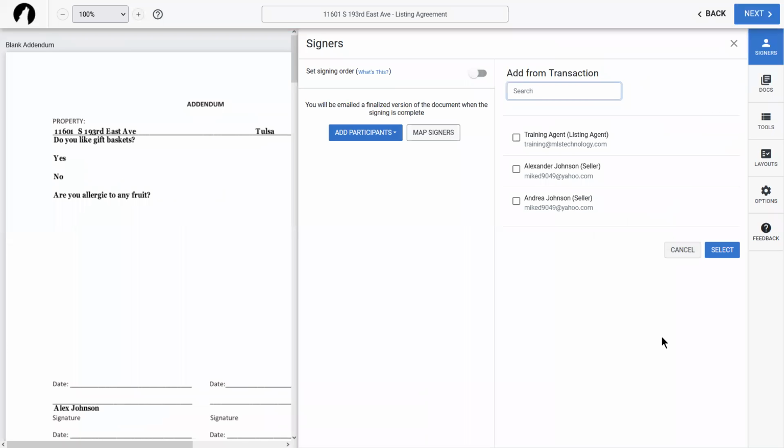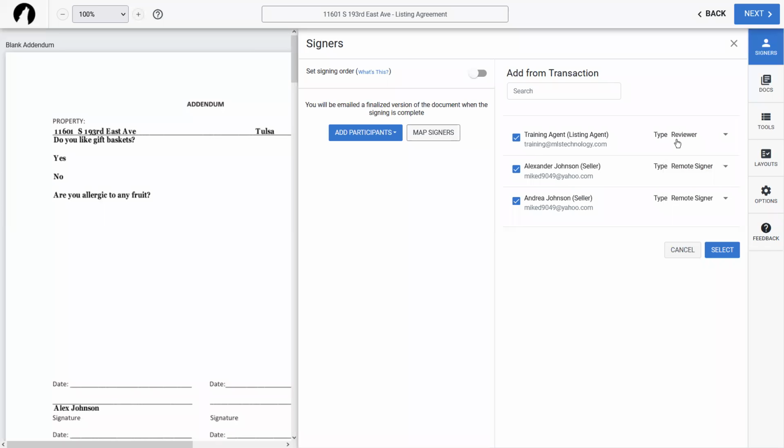So when you click on that button, it's going to present you the list of all of the individuals that we already added. So I'm going to choose Alex and Andrea. And this is going to require them to either be a remote signer, a reviewer, or get a CC, the carbon copy. Now, just so you guys are aware of what those each do, if I check the checkbox for myself, I'm going to set myself as a reviewer instead.